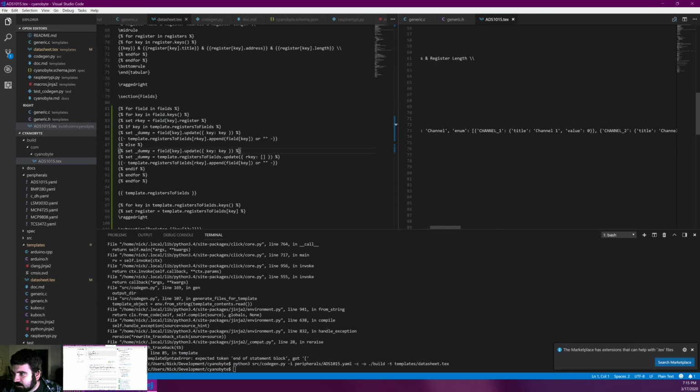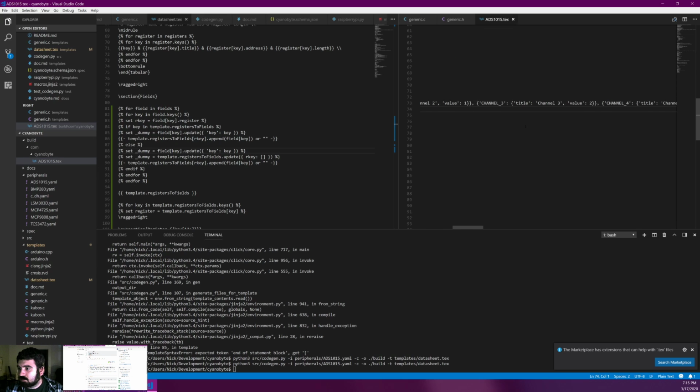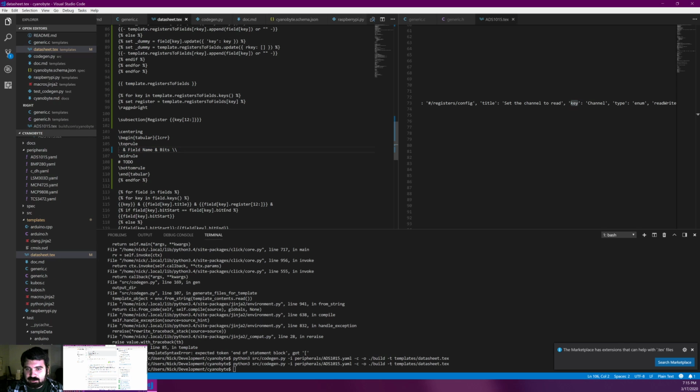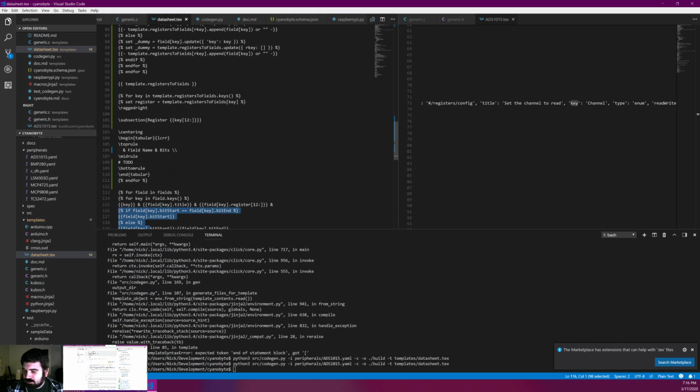So I need to go ahead, I need to get, actually that should be a string key. I need to get that value. But as the first part of this table, because it's going to be the key name, the title, and then the bits, you know, top down. I do have that logic here, and then that's going to make it a nice thing. I could definitely, at this point, do some sort of sorting algorithm to sort by the bits. I don't think I can do that very easily without going into custom macros and stuff, and I just don't want to do that right now, or maybe ever. Anyway,